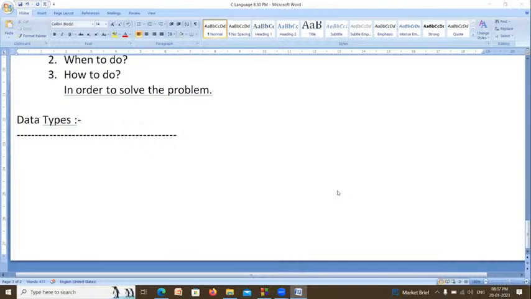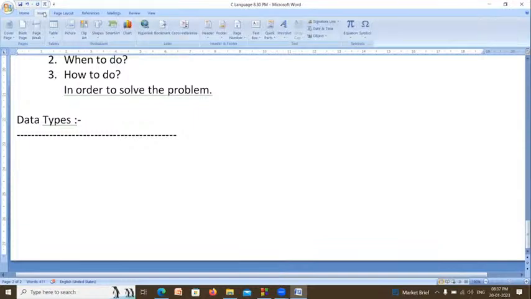Whenever you look at a keyboard, you can see alphabets, digits, and symbols. Those are classified into 4 types. Those are called data types.